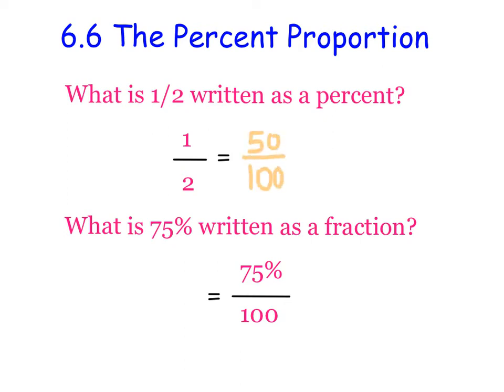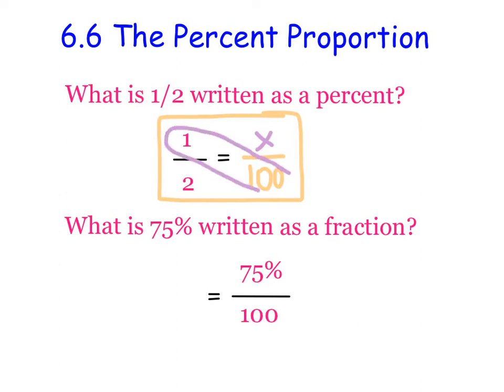Now if you notice, this right here is a proportion, right? Two equivalent ratios. It might look a little funny though because you're used to seeing it where we have maybe a variable somewhere, like this. So what we can do is use this type of proportion in order to find a missing piece. Like if I had the fraction 1/2 and I didn't know what it was as a percent, I could set it up where I wrote 1/2 equals what out of 100